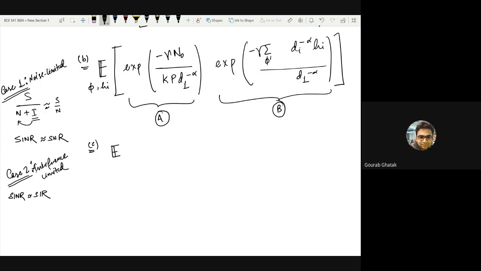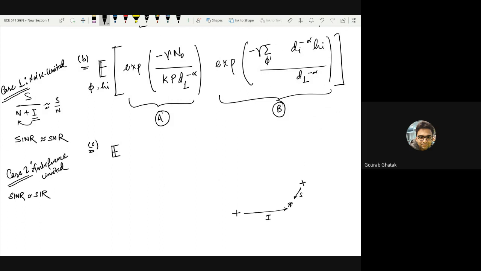Okay. In that case, very surprisingly, but if you think about it, not very counterintuitively, it doesn't depend on the power of the transmission of the base stations. What it means is that if you are a user like this, suppose this is your serving base station and this is your interfering base station. So this is your signal, this is your interference.